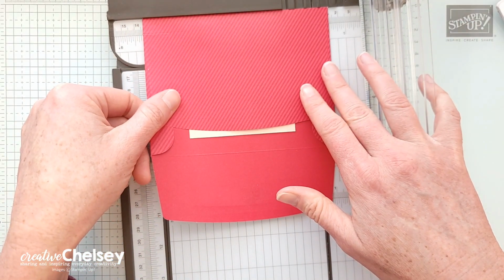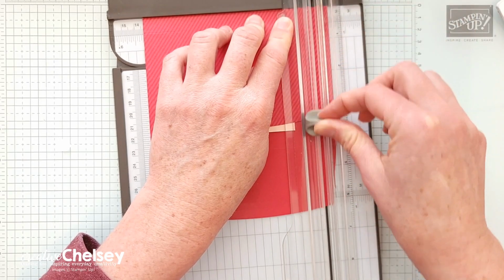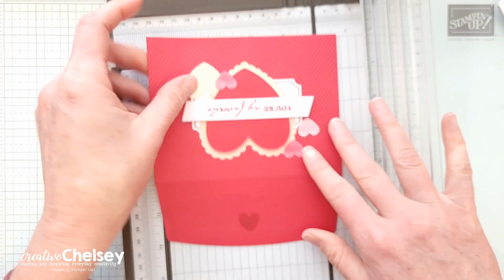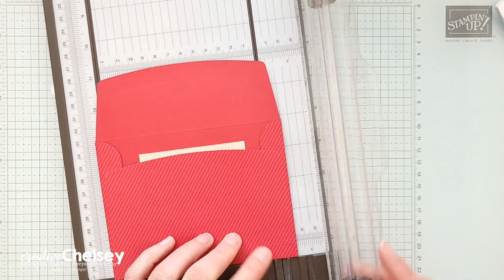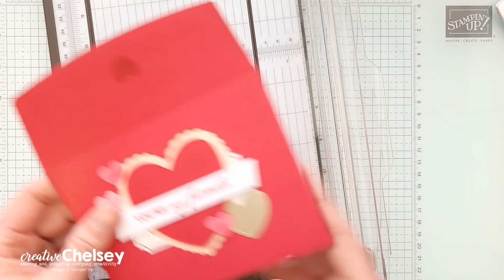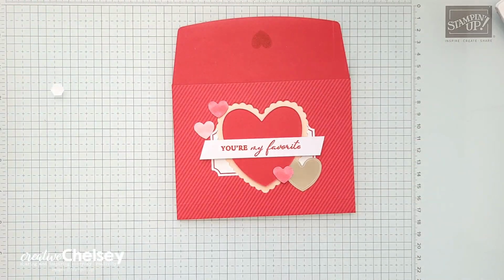Then we'll rotate to one of the sides. When you're scoring here on the flap, oh, dang it, I almost cut that. When you score here on the flap, be really gentle, just because that envelope paper is very thin. And then we're going to rotate to the front. Again, score gentle on the flap. And then I'm going to use my bottom edge here to do the opposite sides. So score gently, and then you can press just a little harder when you're on the double. So 1/2 inch and gently there. So you've scored a 1/2 inch on all straight sides of your envelope,